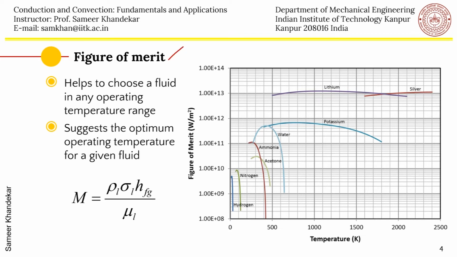As you can see here, we have plotted what is called the figure of merit for various types of fluids. So how do you define this figure of merit? It suggests the optimum operating temperature for a given fluid, and you can imagine that since you need a capillary suction, your surface tension of the fluid should be high. Also, you want a high latent heat substance, and the density should also be high, because that will ensure that the amount of inventory of the fluid inside the system is low, and for a given mass, you have a lot of latent heat. So essentially, rho into sigma into HFG comes into the numerator of this figure of merit,